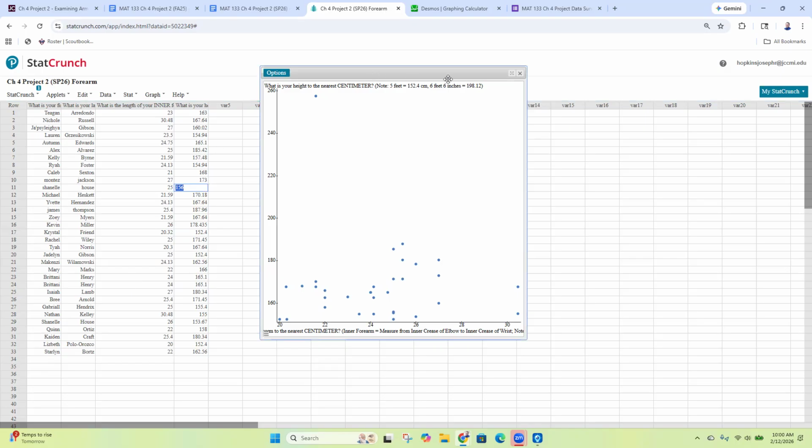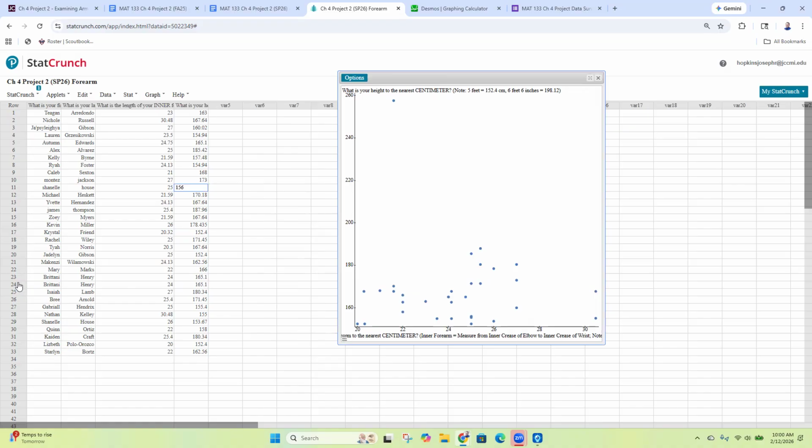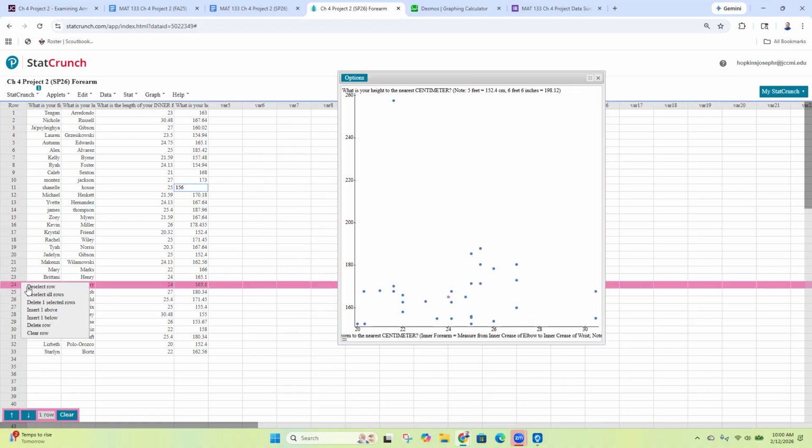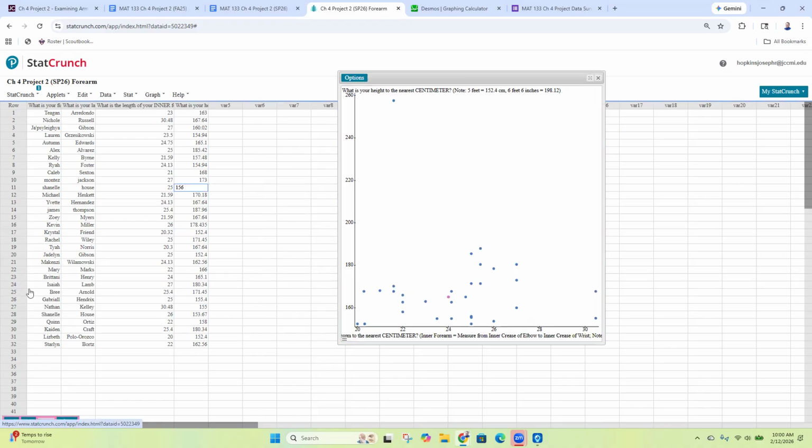So I might consider deleting one of these rows. I could delete this row for Brittany because she doesn't need to be listed twice. Chanel's listed twice. Maybe I'll delete one of hers, except I'm not sure which one's accurate. So maybe I'll leave both of those in. Okay. Anyway,